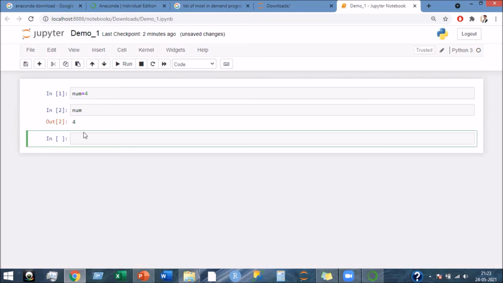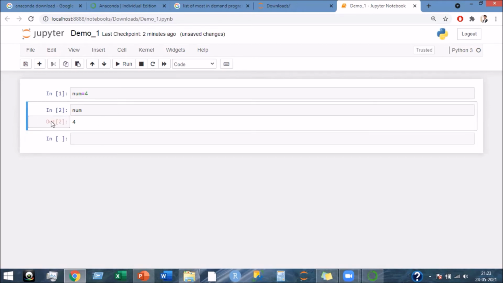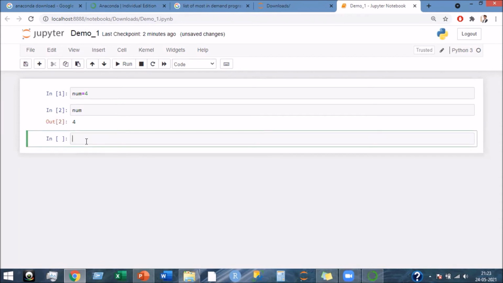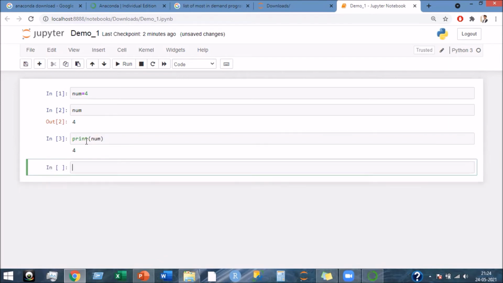Basically, there are two types of outputs. The output which you get with Out, or you can use the print function. It's lowercase print followed by the variable, and you run it, and you can see the output here. This doesn't have any Out symbol in it.